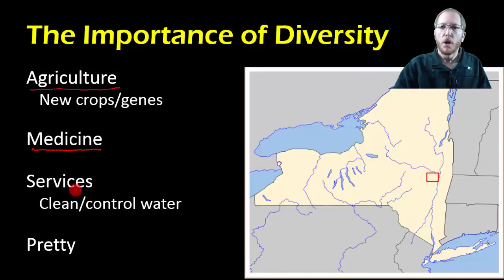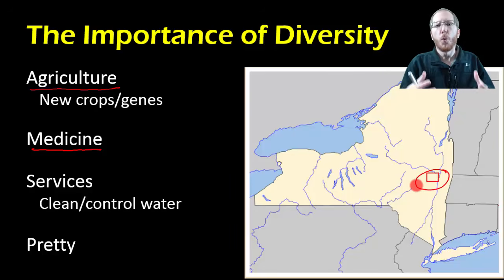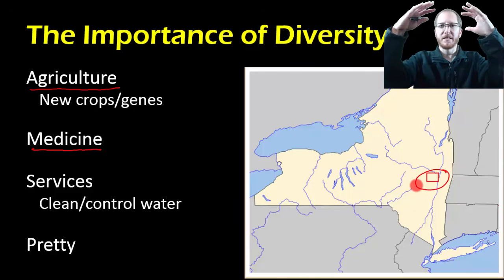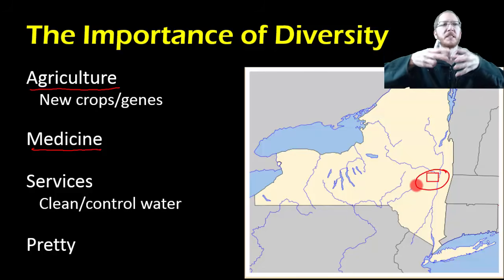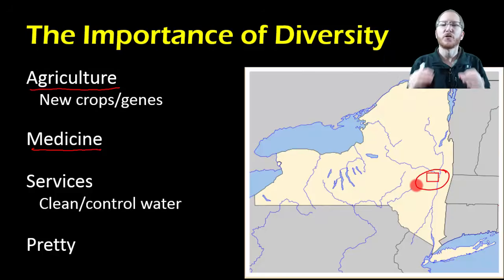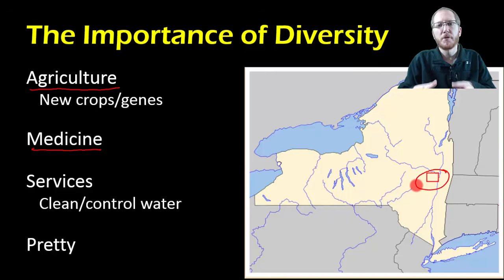And then services. When you have nature, so for instance, this is a watershed that's in New York. So when you look at a lot of these watersheds where water drains, percolates through the soil, into the groundwater, you're getting a lot of services done for us. Namely, it's filtering the water for us. There's a reason so much of the water that we drink, we get from groundwater. We get from these deep wells. Because as the water goes through the ground, it starts to get filtered, it starts to react with things, so it pulls out a lot of the toxins, it pulls out a lot of the organisms, and so by the time it makes its way down into these deep underground lakes, if you will, these aquifers, the groundwater, by the time it reaches there, in most cases it's been rendered drinkable.